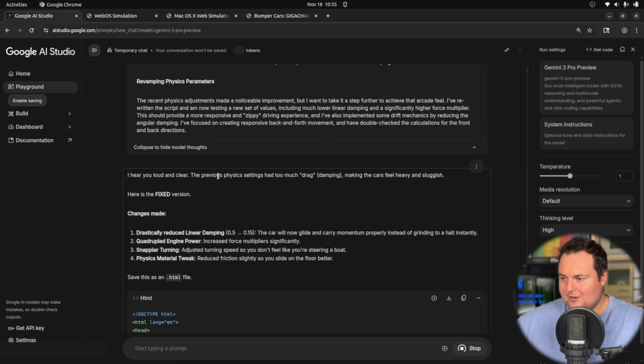I hear you loud and clear. The physics had too much drag or damping, making the cars feel heavy and sluggish. Here's the fixed version. Okay, so apparently this was an issue with the physics. Quadrupled engine power. All right, I like that. Snappier turning. Physics material tweak. Okay, so we have less friction. All right, here's our